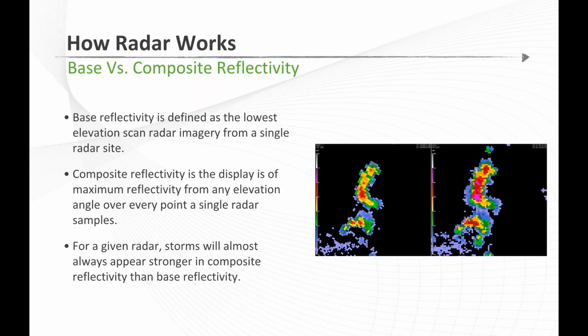So for the visualization in your mind, you picture a radar beam going out, sweeping the sky, tilting up a little higher, scanning the sky again. Technically, all of those different scans are base reflectivity. But going forward as a pilot, and when meteorologists are talking to each other about base reflectivity, they're referring to the lowest elevation scan from a single radar. That is different than composite reflectivity. That's the display of the maximum reflectivity from all of the different elevation scans over every single point a single